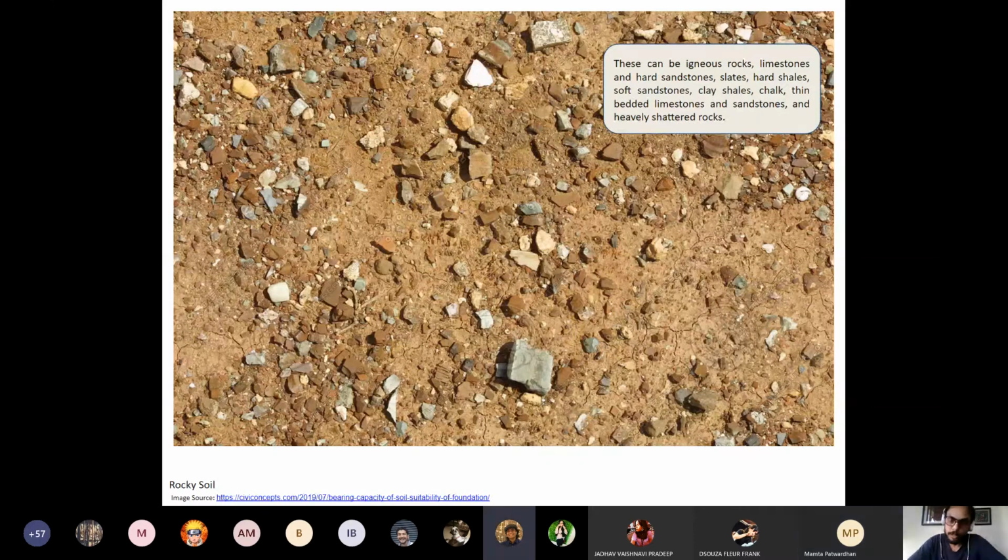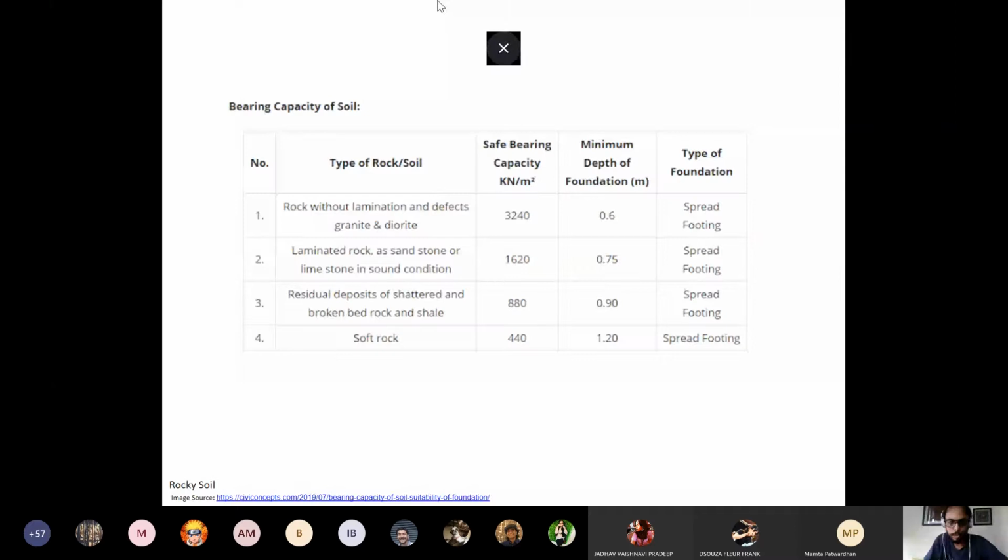A bedrock is a much more consolidated sort of rock. This is still a part of soil. You understand this can be mixed with several things. So look at the types. They are not consolidated in that sense. They are more shattered, broken, soft rocks. Do you understand what I'm saying? Sorry, Shravan.